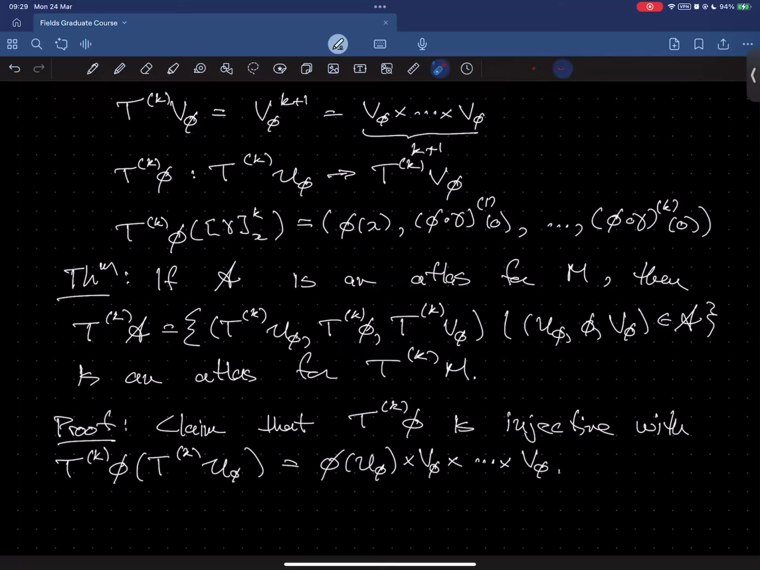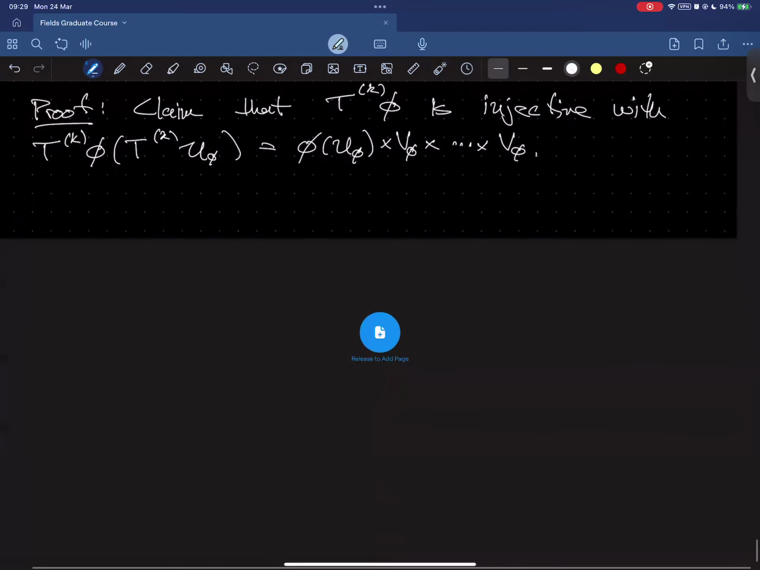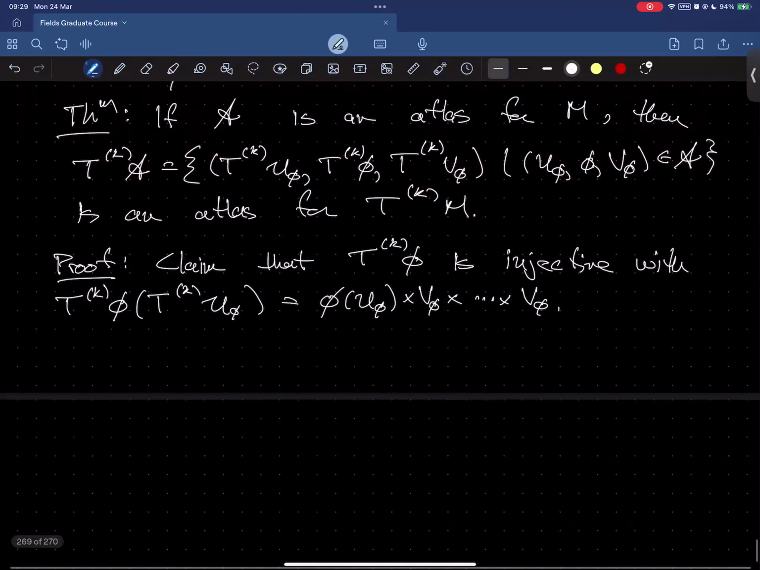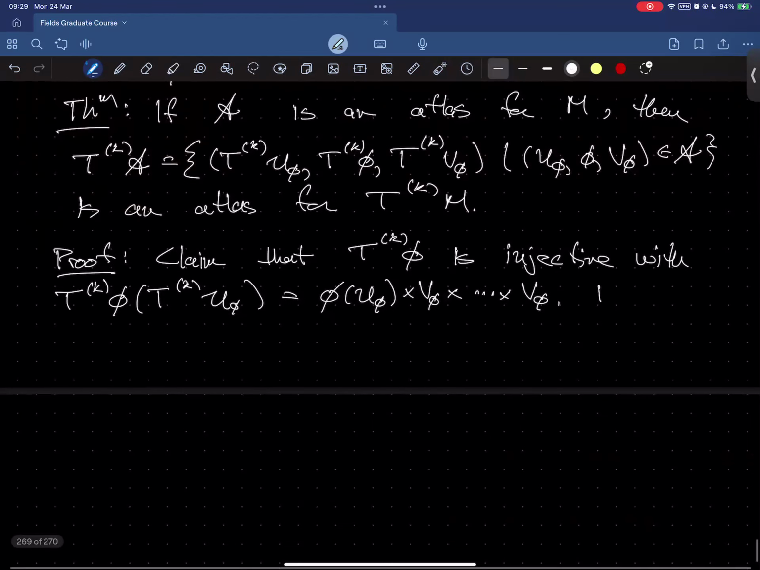Like that. All right. So in the tangent bundle case, when k is equal to 1, it was just U_phi cross V_phi, but now we have the first k derivatives, not just the first derivative. And the idea of this is it's rather the same as it was for tangent bundles. So injectivity,